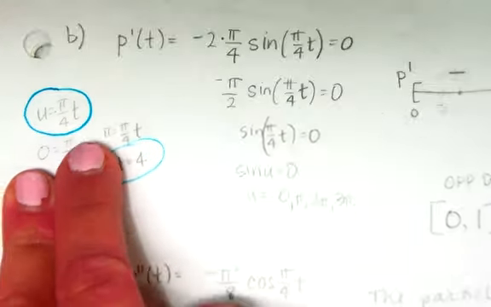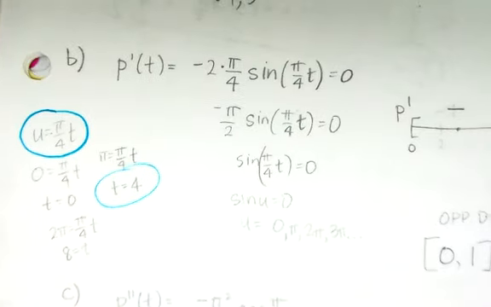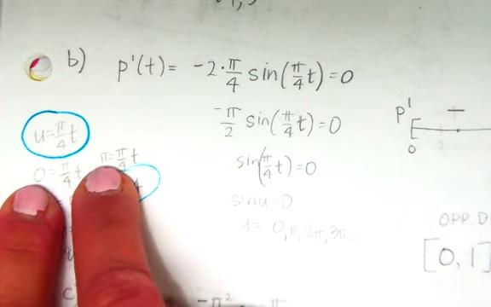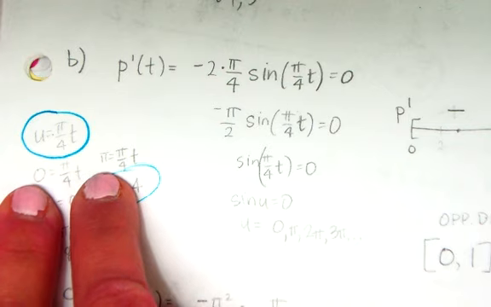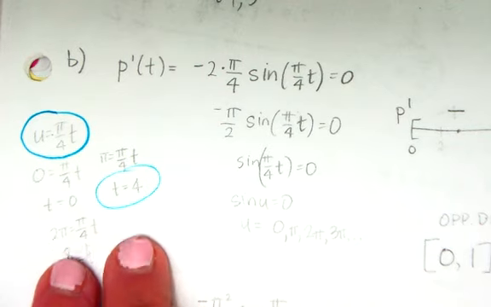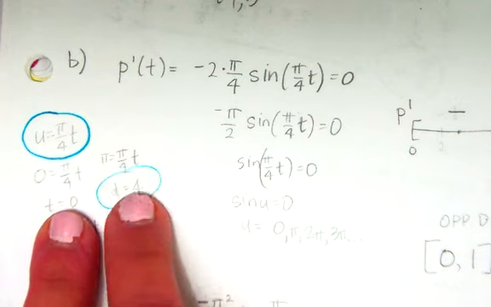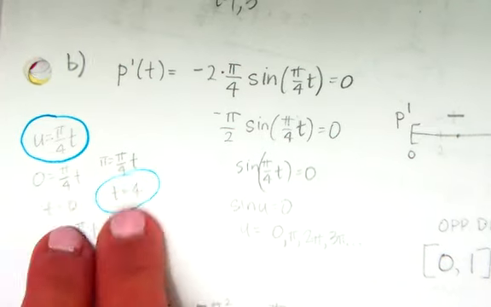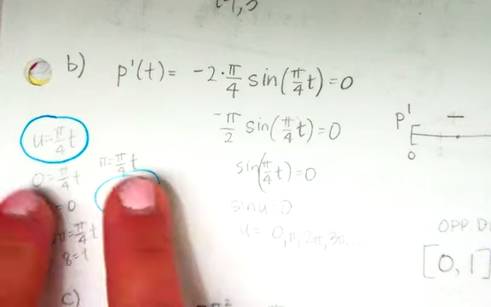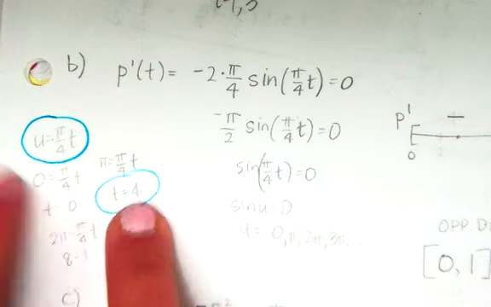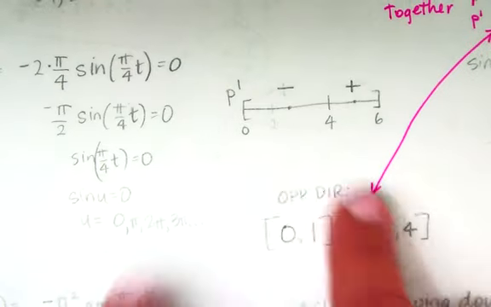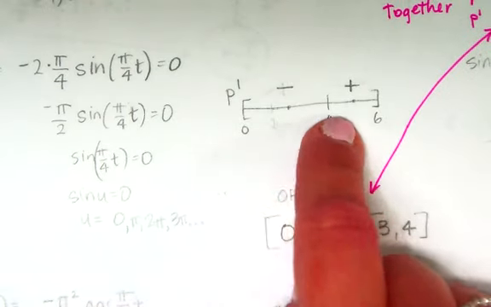So I'm going to take that guy and I want 0 and pi, because those are the regular places where sine is 0 within the interval 0 to 6. So I set those u values equal to the pi fourths t in order to get the t values. So those actually end up being whole numbers, 0 and 4, right, when you solve and multiply by 4 over pi. Okay? So those would go on your list. 2 pi is outside of the interval, so we don't include this one. So 0 and 4... right? 0 is an endpoint, 4 is in the middle, is the number I would put on here,